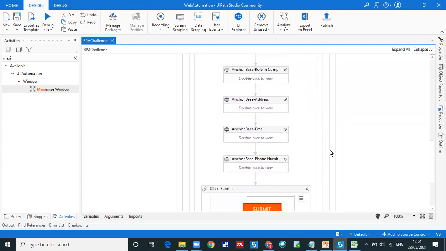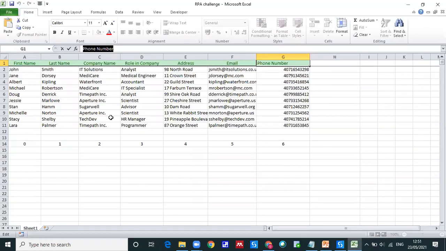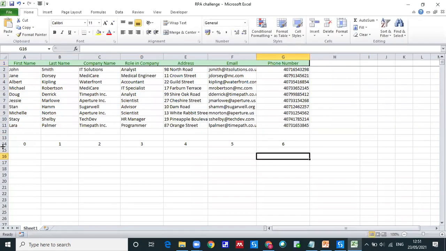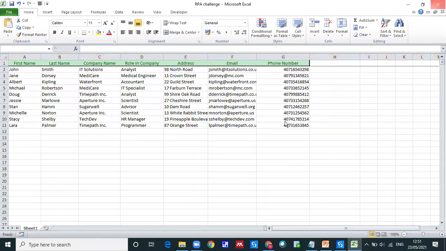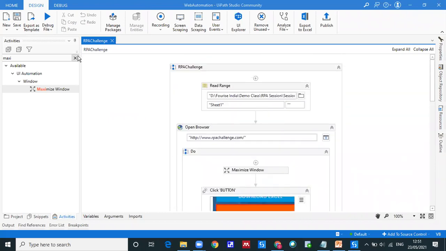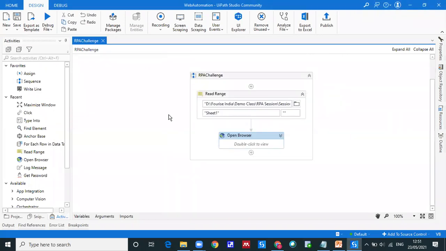We have repeated it for all the elements, and at the end, it's supposed to click on submit, and it will repeat for all these elements. How many records? 10 times. Let's see, and I'll save this. I think we're done with our programming. For your better understanding, we can add one log.